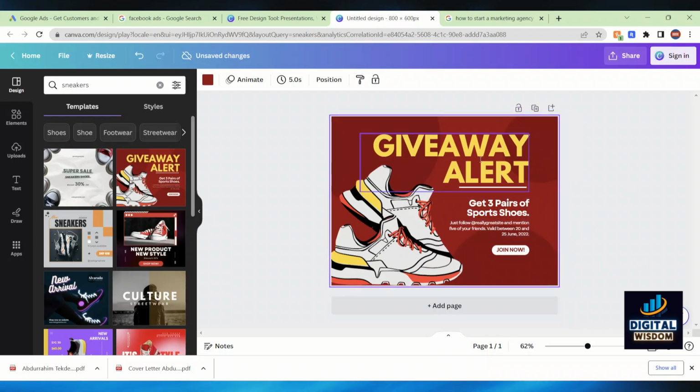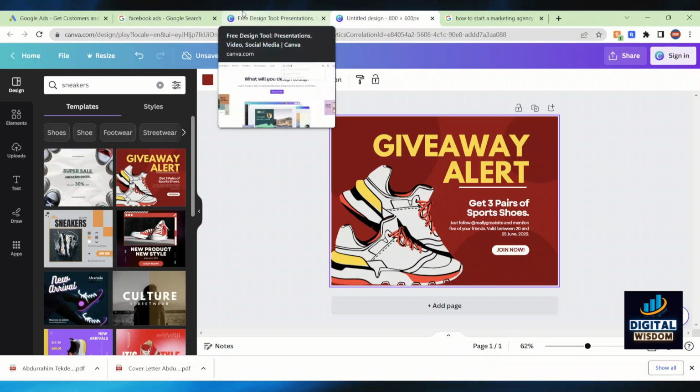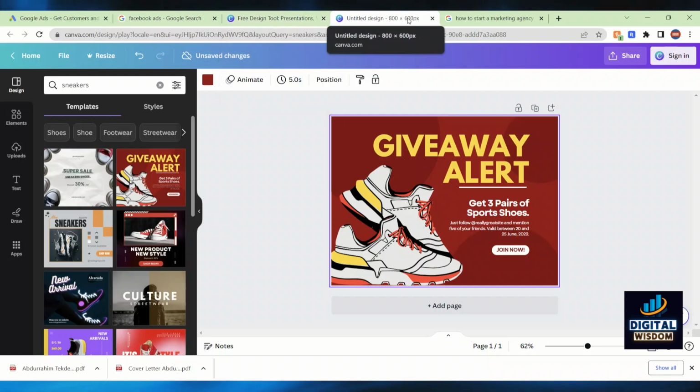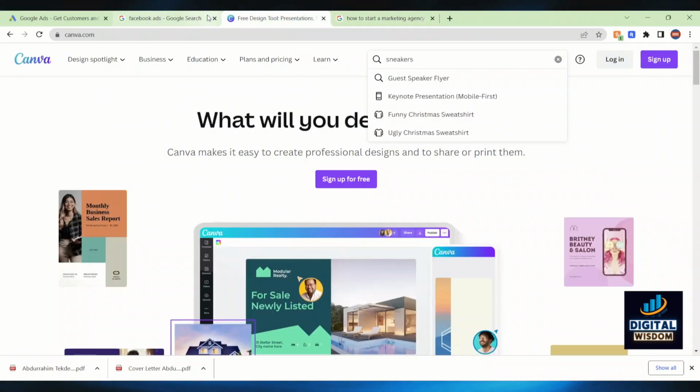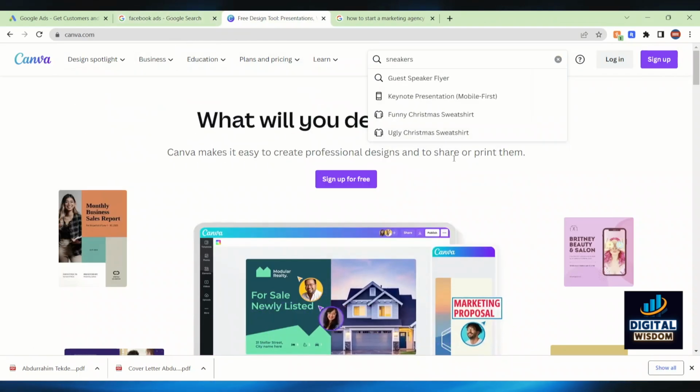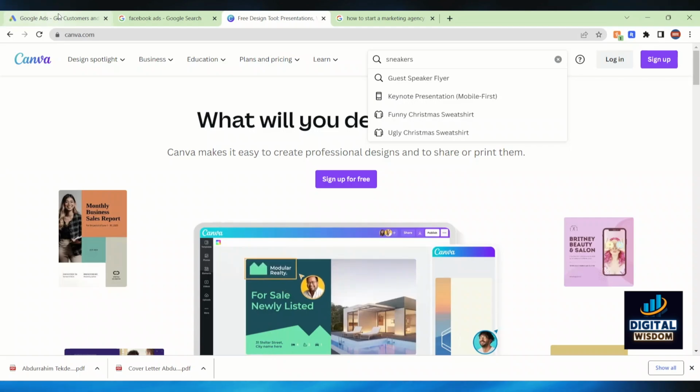We're going to put the sneakers, and then we're going to add the join now and everything included in the post, like the things they have to do to join the giveaway, which is actually cool. And they will be doing that to join the giveaway. And you can do different things. And then you have to create the actual marketing plan on where to advertise.